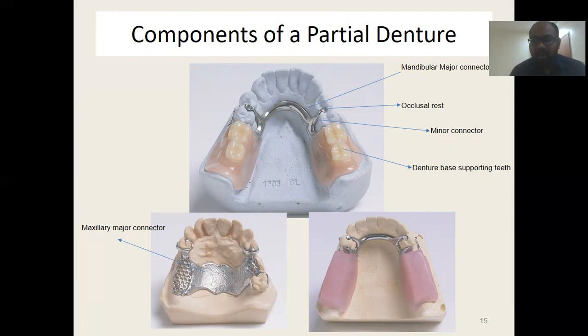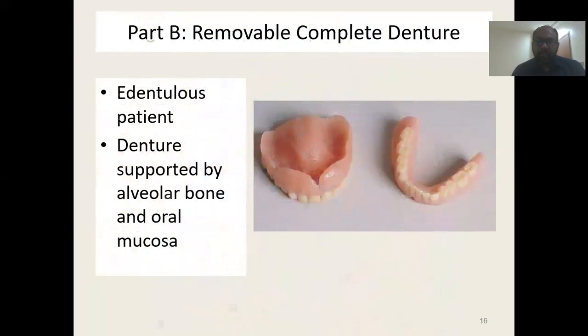And then you also have the occlusal rest, which acts as a support by which the forces can be transmitted along the long axis of the supporting teeth. So you essentially have different components such as outlined here, and these components are designed and planned by the outcome of the surveying that we do involving the treatment plan of such prostheses.